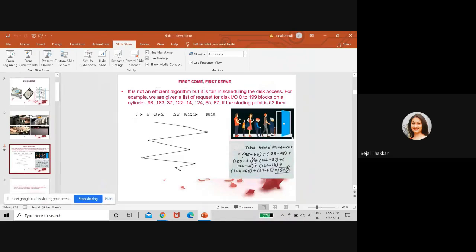So 98 minus 53, 183 minus 98, then 183 minus 37, then next is 122 minus 37, then from 122 it will come to 14, 122 minus 14, then 124 minus 65, then 67 minus 65. So the total head movement you got is 640.